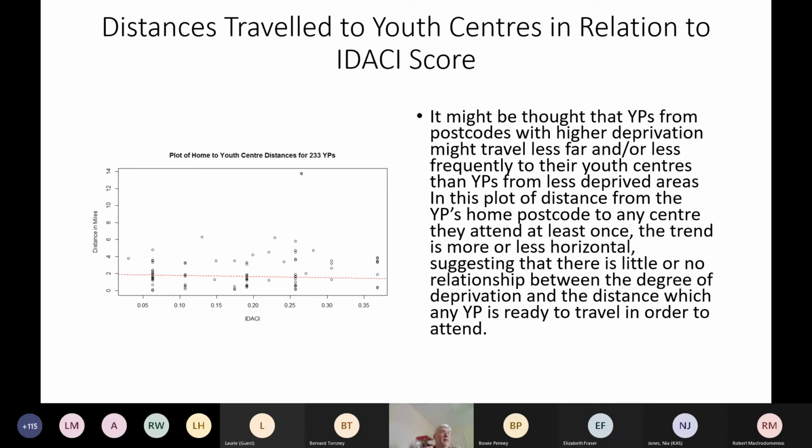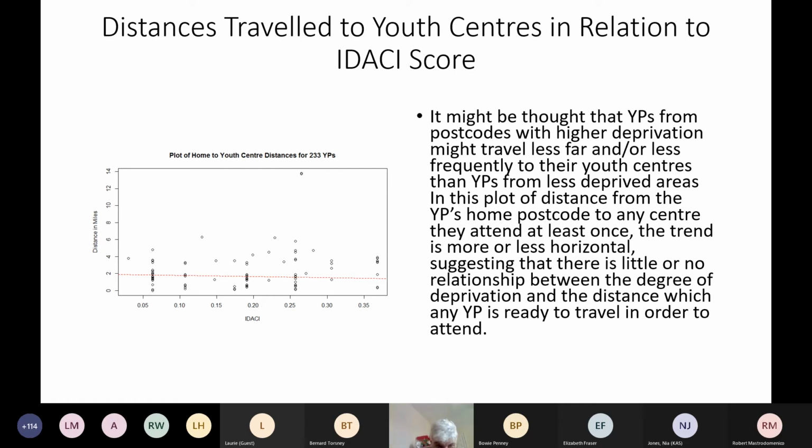Distance travel, yes. Now, when doing this analysis, I kind of assumed certain things. I set up little hypotheses in my own mind, and one of them was, well, presumably people from less deprived areas have more access to youth centres because they can either get lifts in cars, or they are likely to have a bike, or they may have more money to travel on public transport, etc. So what I looked at was the distance from the home postcode to each centre, which is the vertical axis here, and then plotted that again against Idarki values across the bottom.